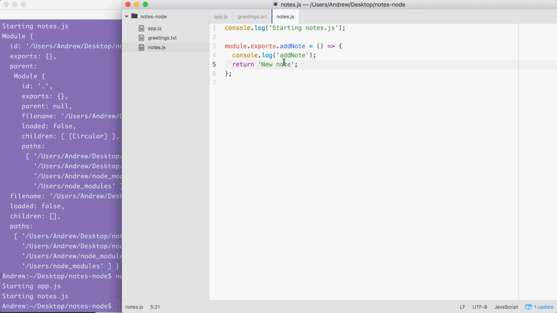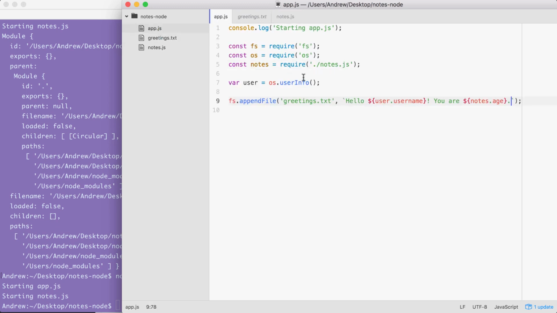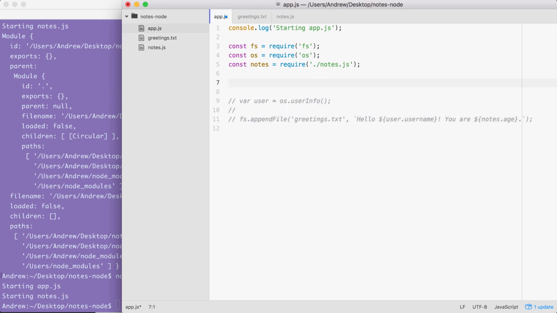Now, this function is getting defined in notes.js, but we can take advantage of it over inside of app.js. Let's take a quick second to comment out both the append file and user line. I can highlight both and use that keyboard shortcut we talked about to comment both of them out. And right here, all I'm going to do is make a variable called result, or res for short, and set it equal to the return result from